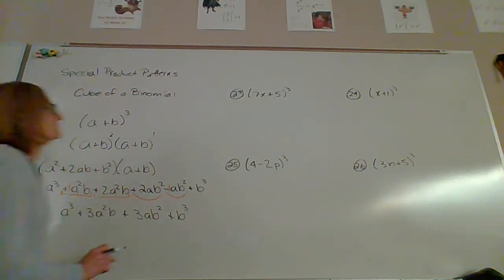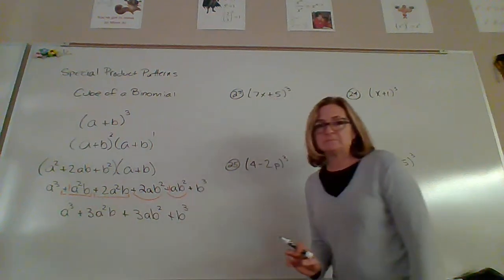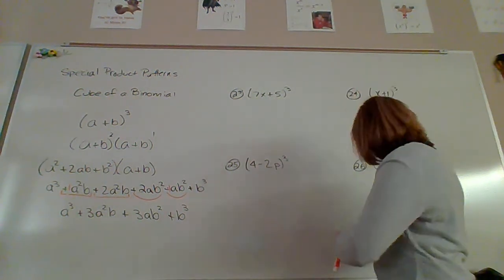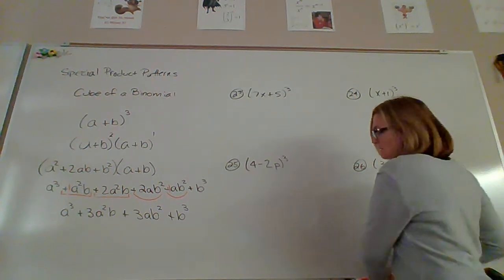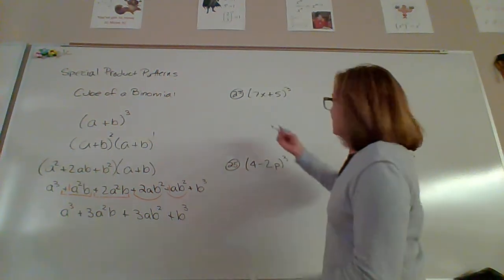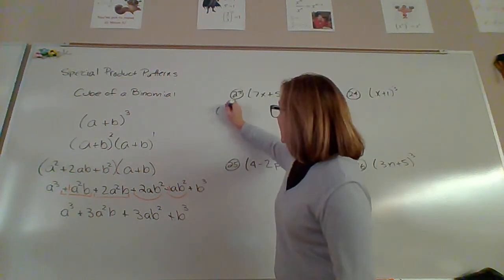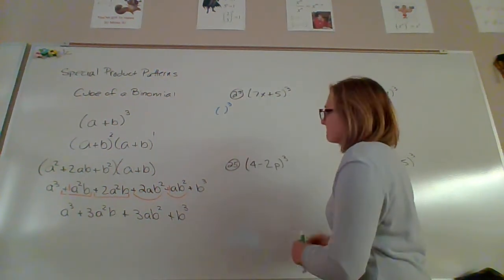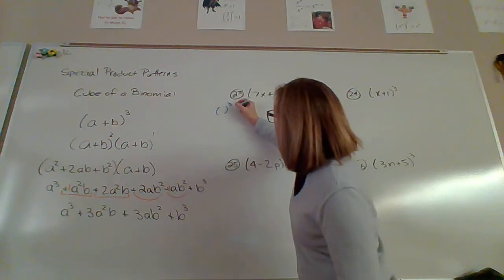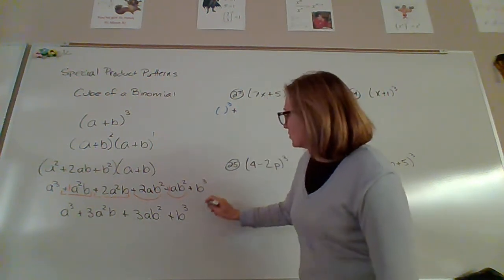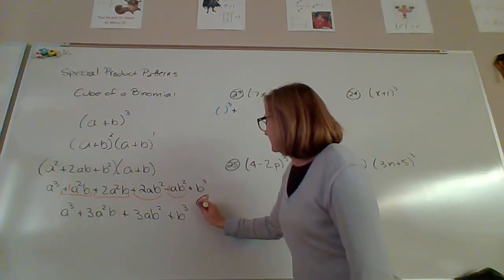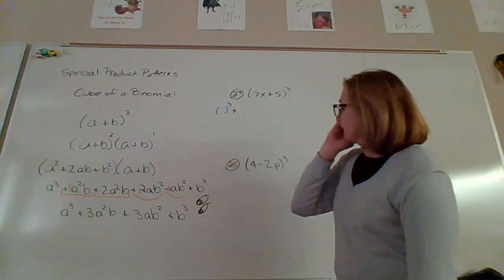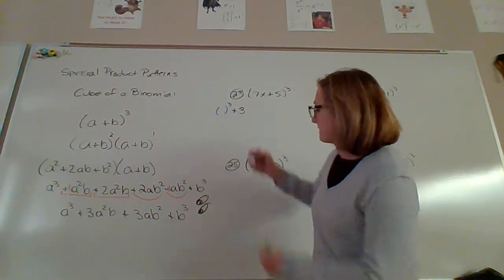All right, so let's look at number 23. In number 23, we're just going to follow the pattern. And the pattern is, let's see if I can color code this. A to the third plus, we're looking at this bottom line down here where we have our pattern, 3